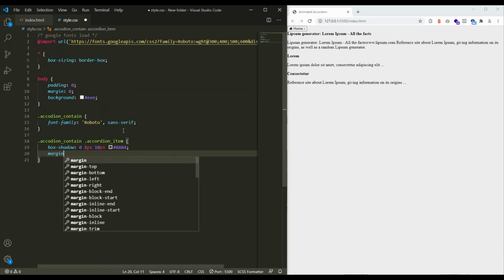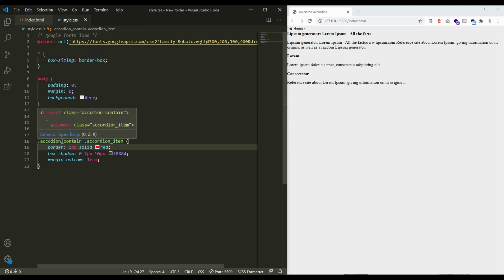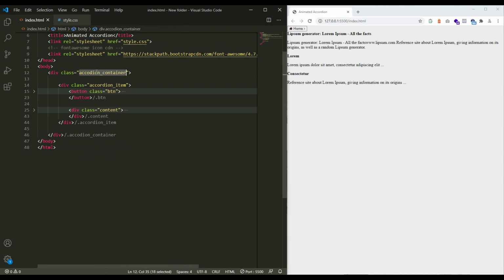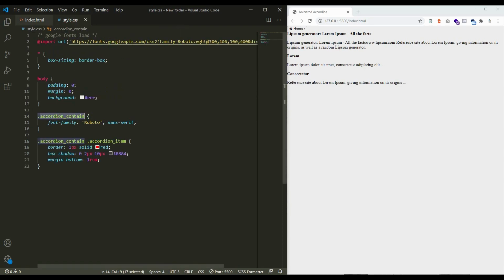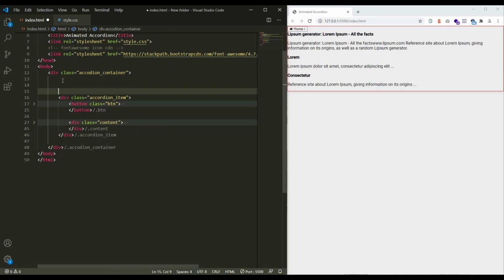This is the single item, and margin-bottom set to 1rem. Add a border so that we can identify the section. I think there is some problem. Accordion, spelling mistake. Finally this is working,